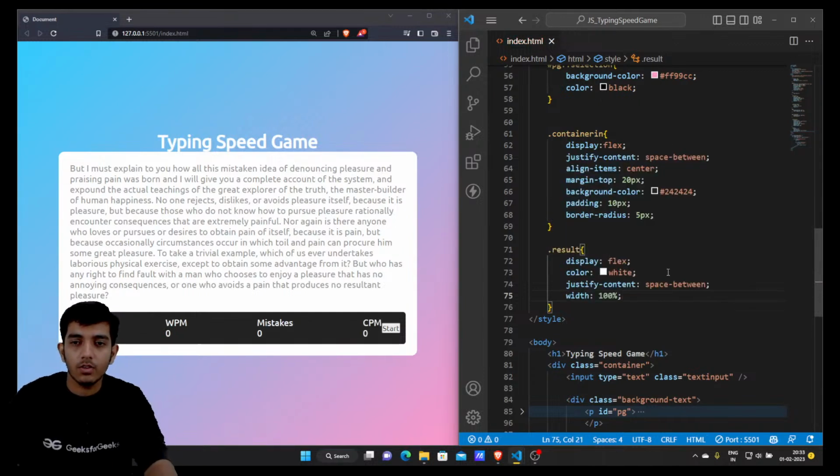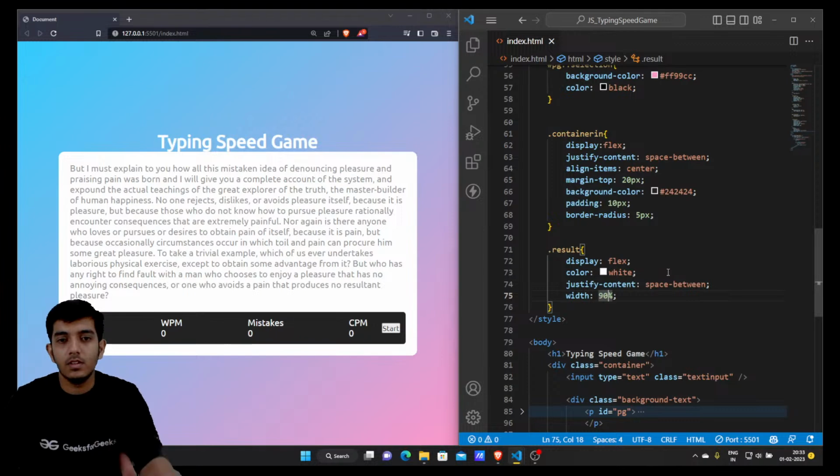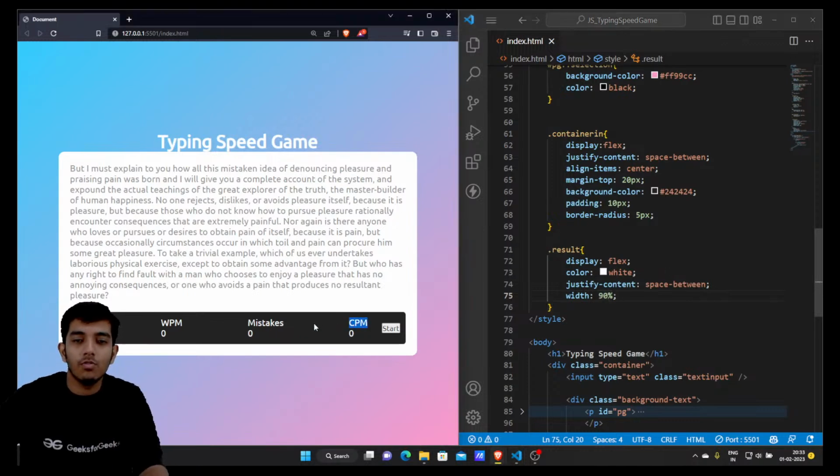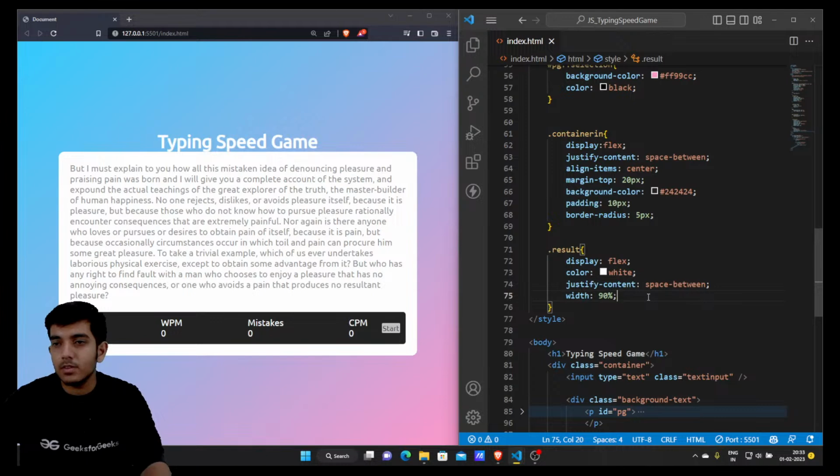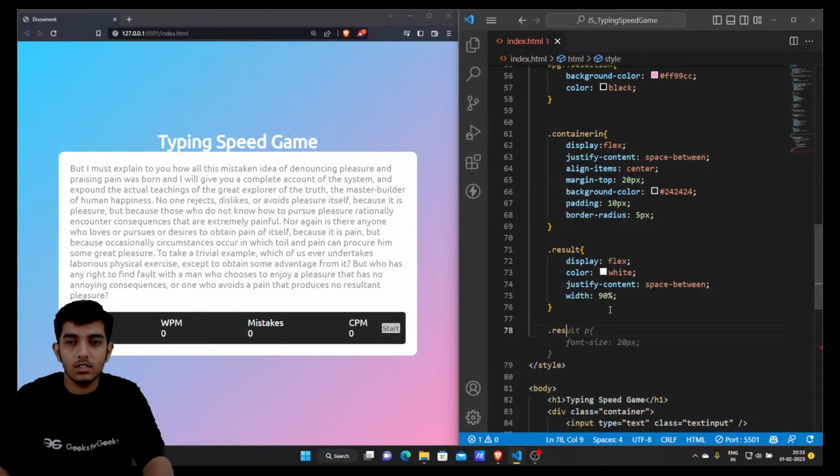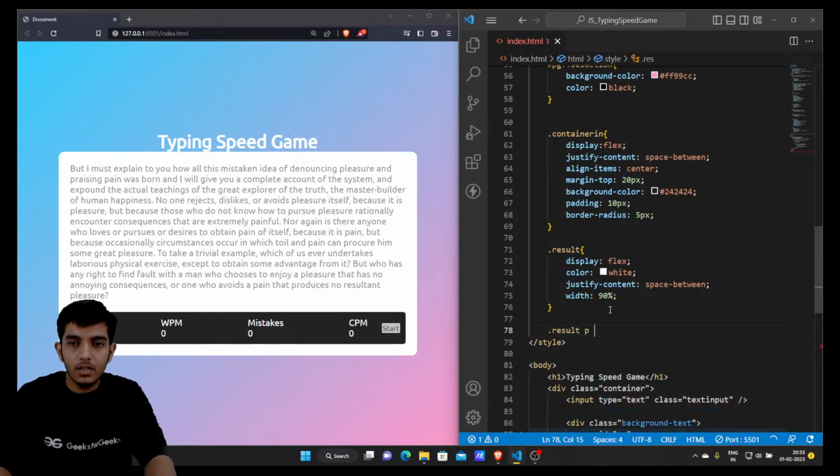Okay, so you can see that I got the width 100%, or I'll say that the width will be around 90%, so it will leave some space. So we have the 90% width. That means this much of width will be around for this result, and the rest part will be of the button. Okay, so we have the 90% width of this, and then I can say that the p tag inside this result p tag